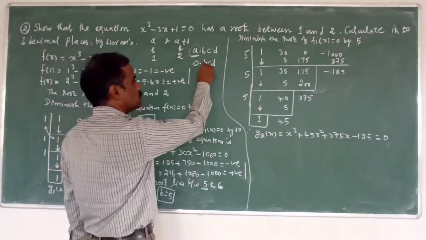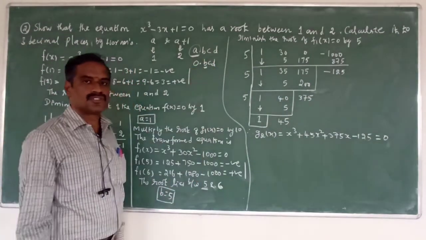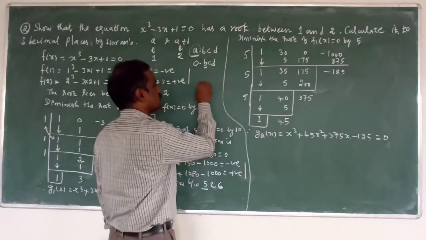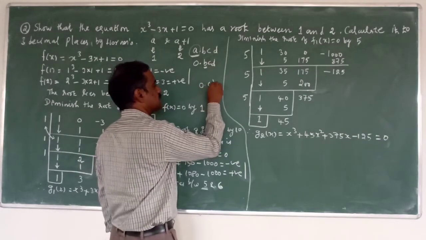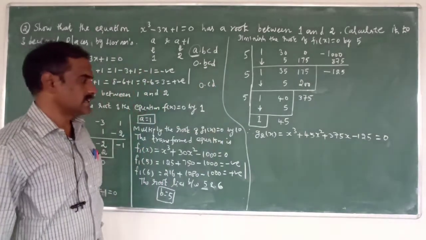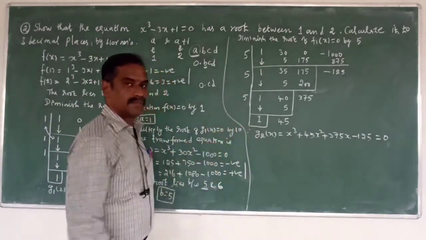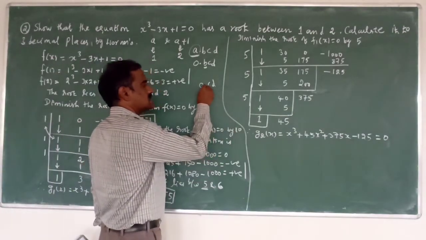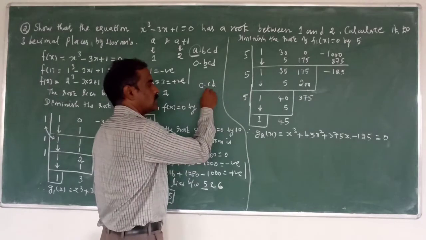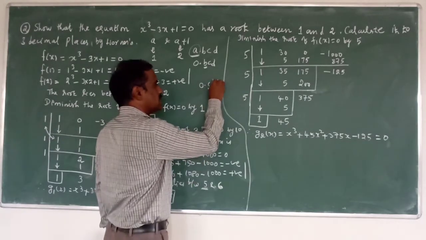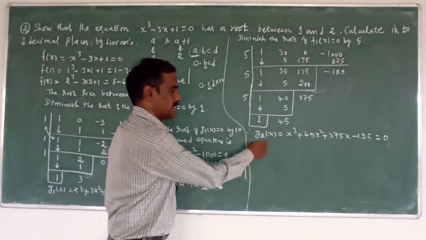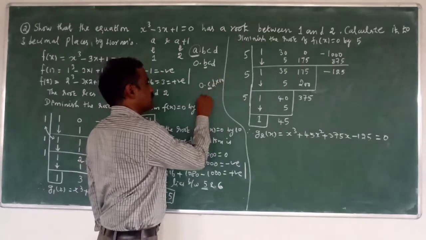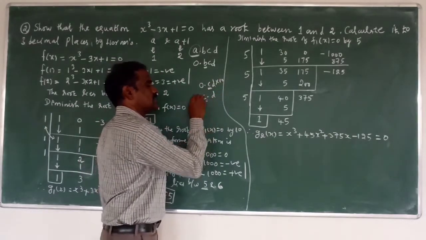So the B value will make the 0, and then we can get 0.CD. Now B equal to 5. Okay? B equal to 5. Now 0.CD. Now we have to find out the C value. For that we have to multiply with the 10. This equation we have to multiply with the 10. So we can get the multiplied value as C dot D. Now to find out the C value.